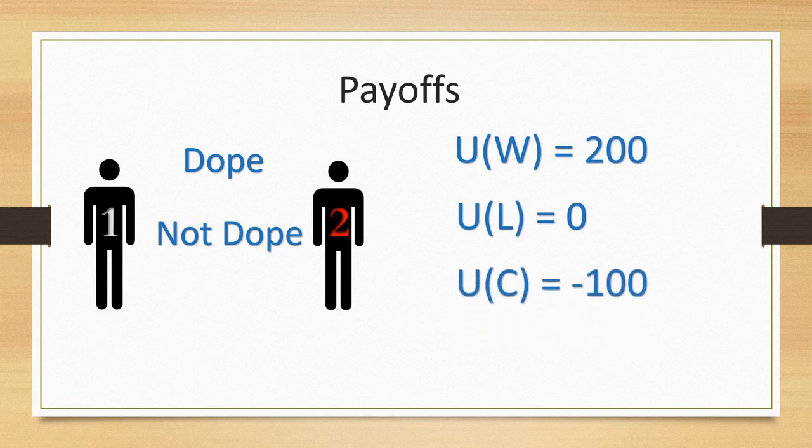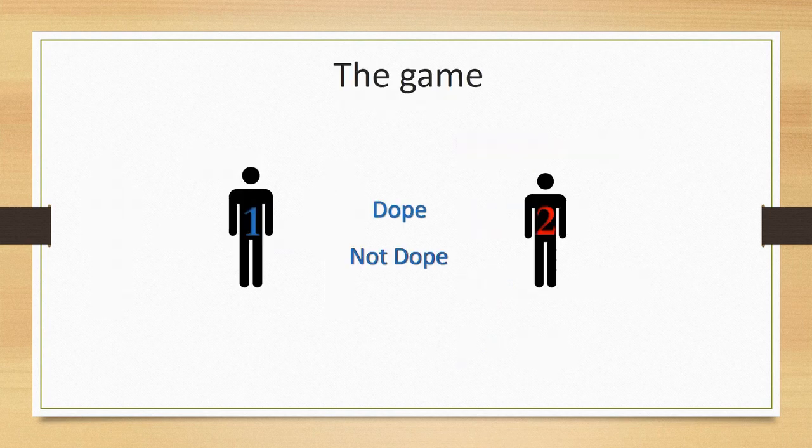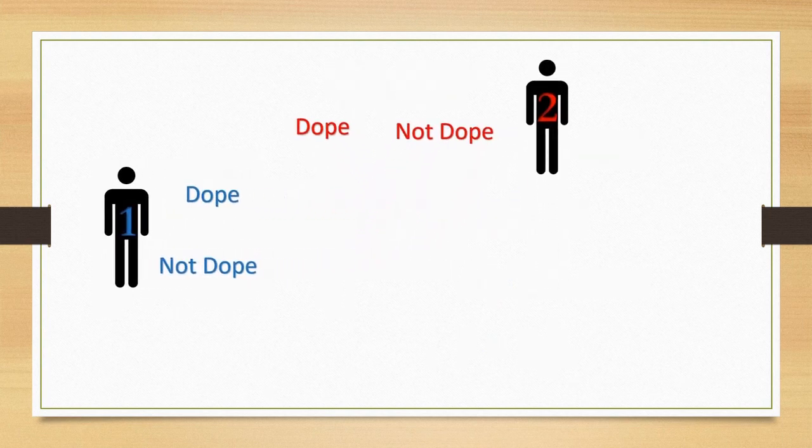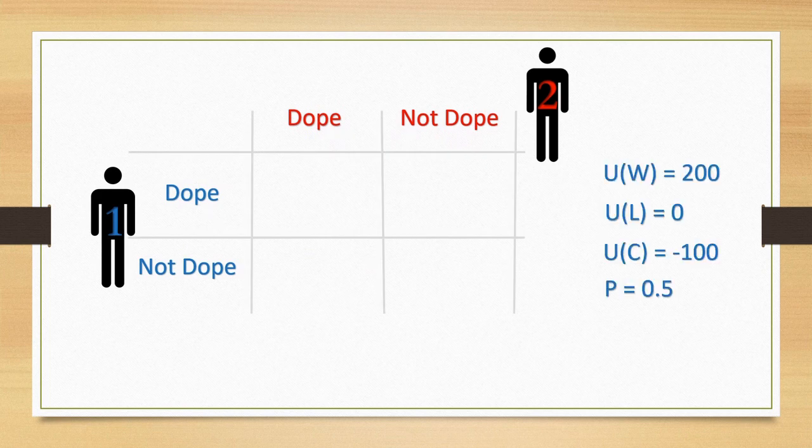100. We also must consider the probability of being caught for using drugs. We will denote this as P and make it equal to 50%. We can represent this knowledge in a matrix. If both athletes choose to dope, then because they are of equal ability, they would both win and so split the prize money. But they would also have to consider the probability of being caught and the monetary cost associated with this. Therefore, the payoff if they both choose to dope would be 1/2 W minus PC.